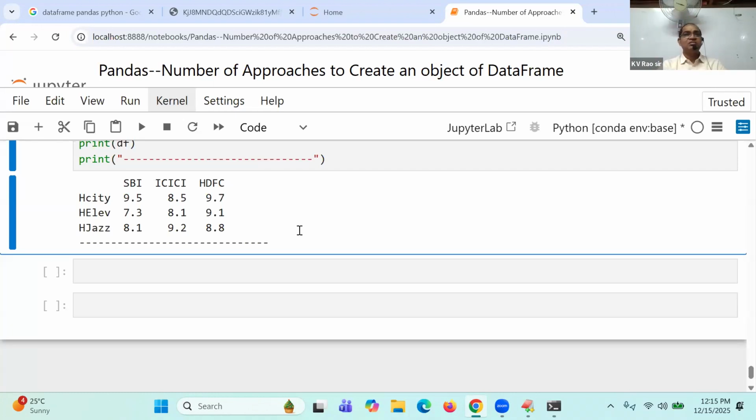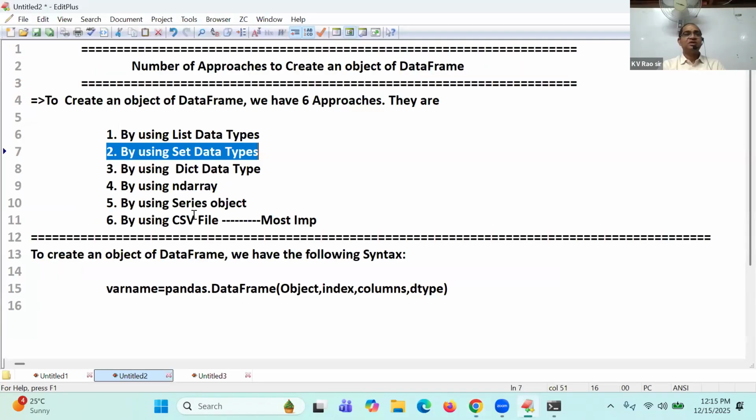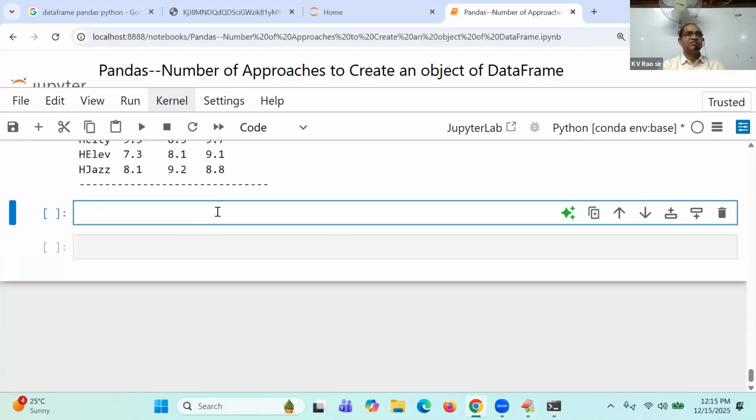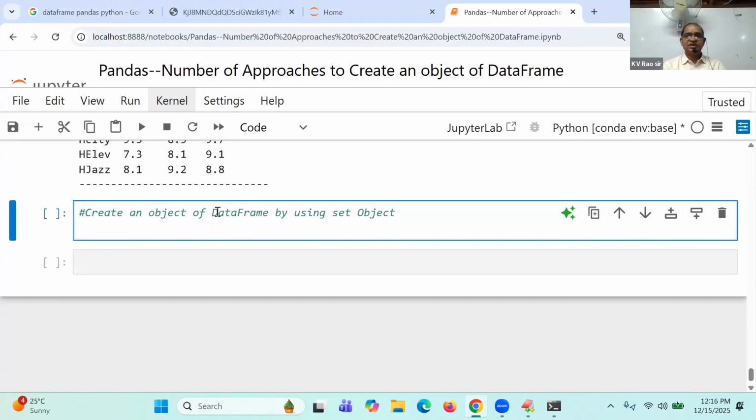Okay, right. Come to the next, I want to create an object of what? Set data type, quickly. Once you know set, list, all these things, it is very simple for you. Can I go next? Create an object of what? Data frame, a data frame by using what object? Set object. Set S1 is equal to